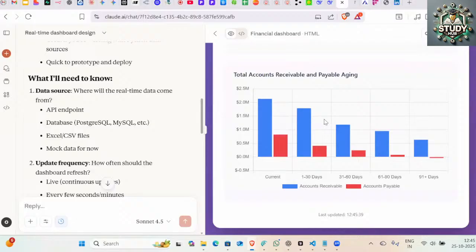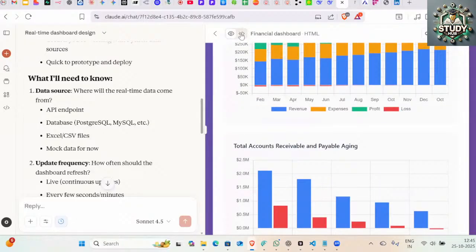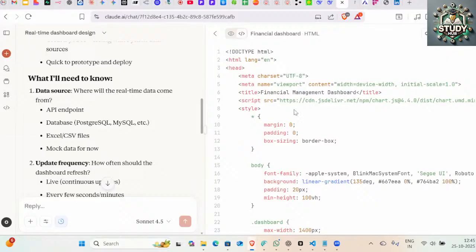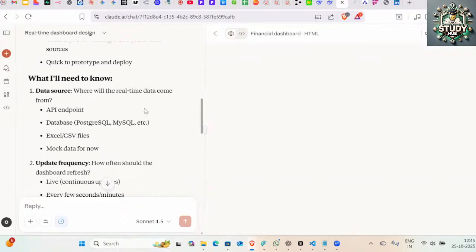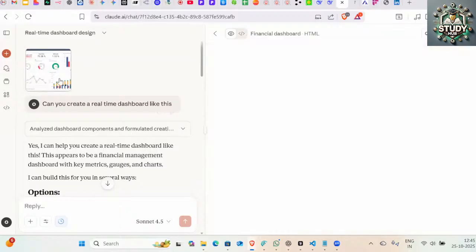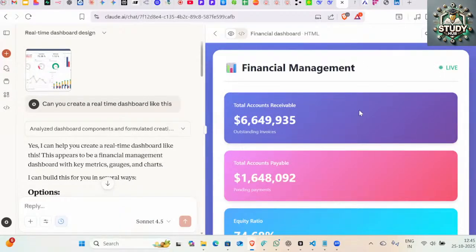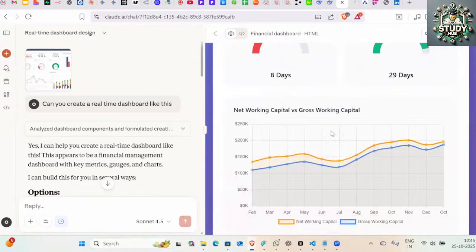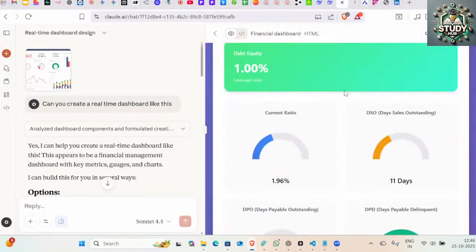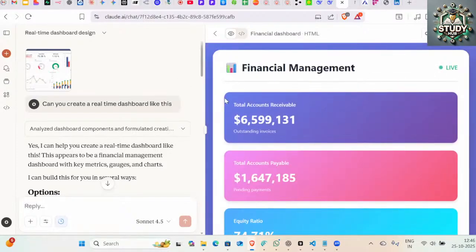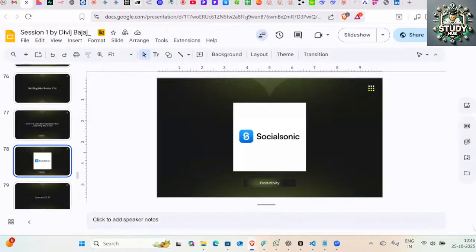You can download this code. This is code ready, and this is how it is rendering. It has been created using HTML, CSS, JavaScript, but you can download it and deploy your own code, or you can render it with just an image. Whatever good dashboard you saw, you can get similar inspiration or similar KPIs to be integrated. All the charts are already there. You can adjust where to fit them in.